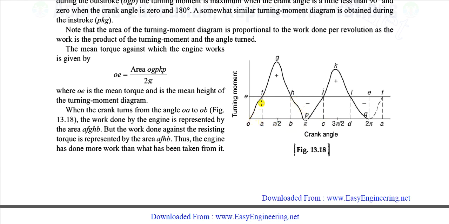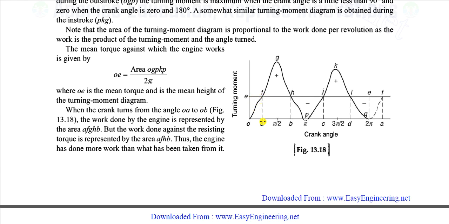Because see here, the required torque is this much. This is your resisting torque. And how much is the generated torque? This one, under the turning moment diagram area. So this is your generated torque, but how much is required? This was to generate the power, whatever power the engine is generating. So this is the mean torque because of resisting. This is extra, so that's why here the speed will be minimum.